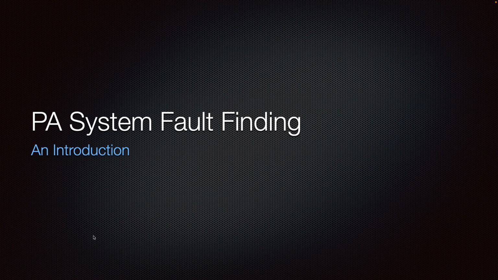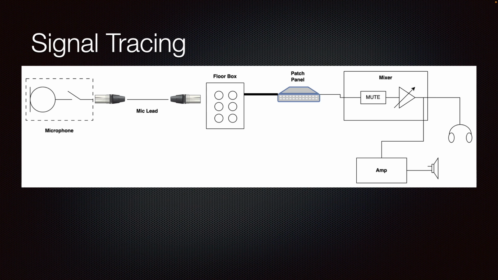So what is fault finding, and how do you start tracking down problems? Well, the first thing is you need to think about signal tracing. Signal tracing is the path by which the signals go from the person speaking or the instrument playing all the way through your system to coming out from a loudspeaker or a pair of headphones. So you need to think about the entire path,